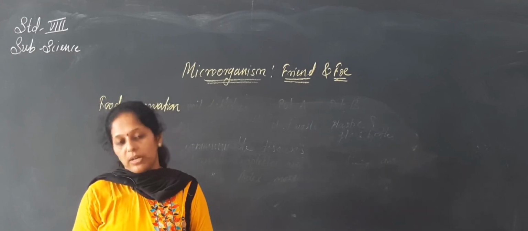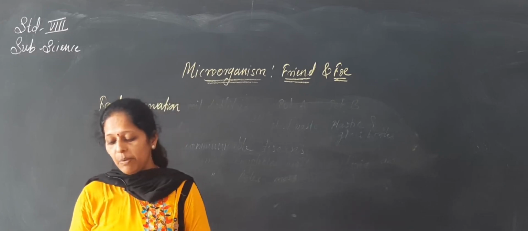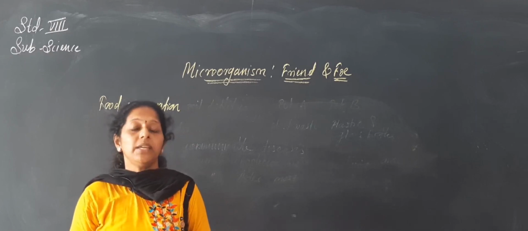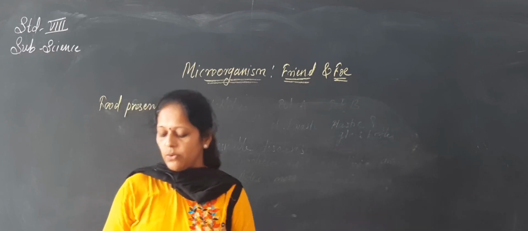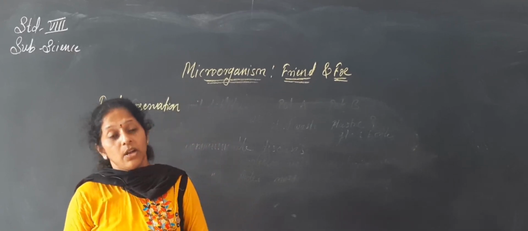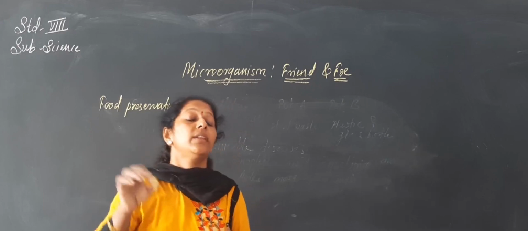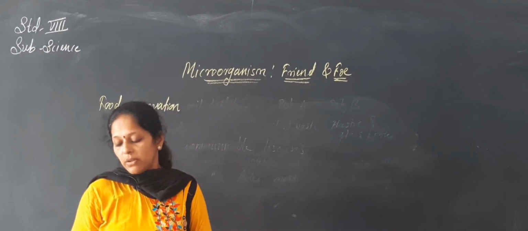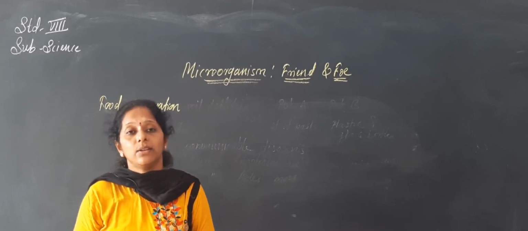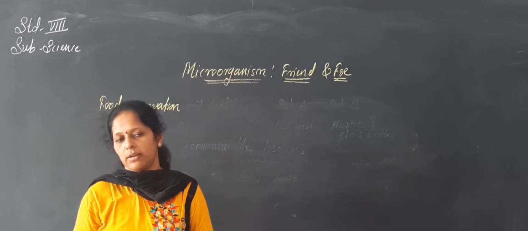Preservation by common salt. Meat and fish are stored covered with dry salt to check the growth of bacteria. Salting is also used for the preservation of amla, tamarind and raw mangoes. They are stored with the help of the salting method. Dry salt controls and prevents the growth of microbes. That is preservation by common salt.